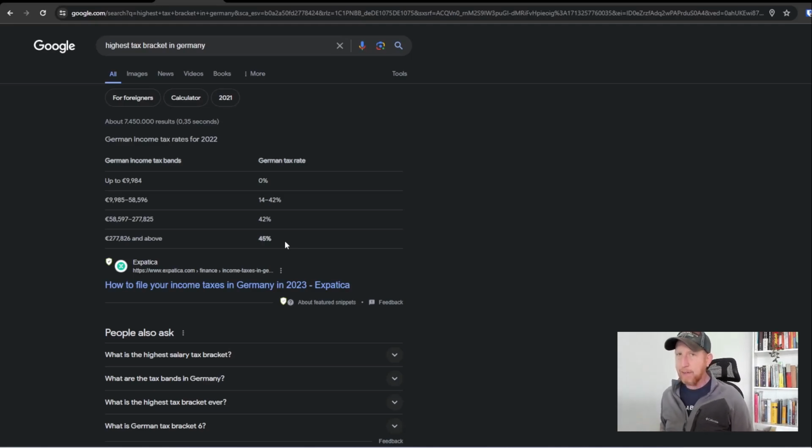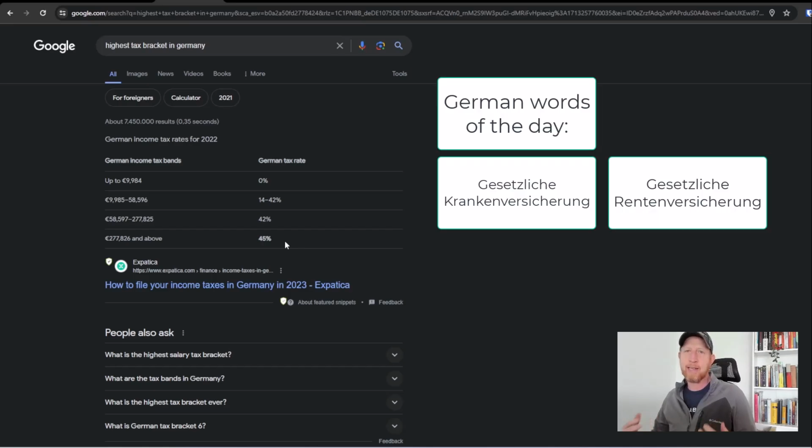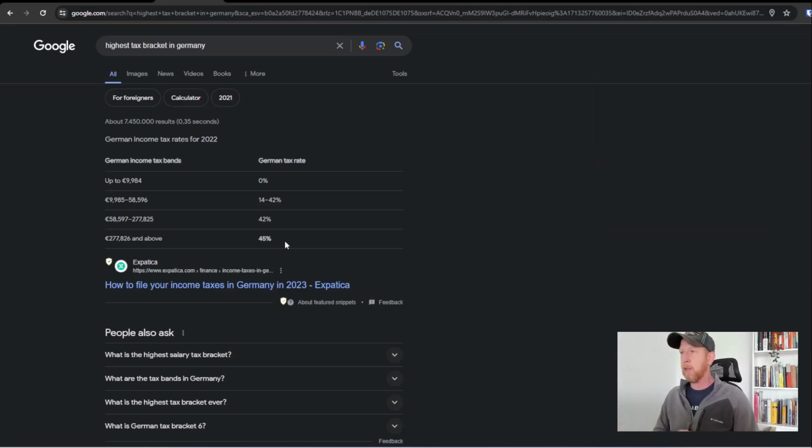The other thing you will have to keep in mind, if, for example, you are in Germany or in some other country where you have certain social things that you are required to pay into, like, for example, in Germany, the gesetzliche Krankenversicherung or the gesetzliche Rentenversicherung, then that's your health insurance and your retirement insurance in Germany, your social security tax. You're required to pay into that. And so you need to make sure you factor that in as well. But again, if you're pretty much putting 45% of your profits aside, you're not going to have too many issues.